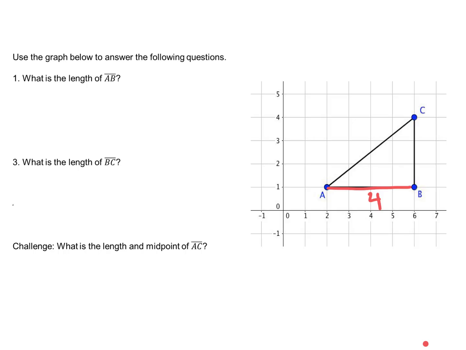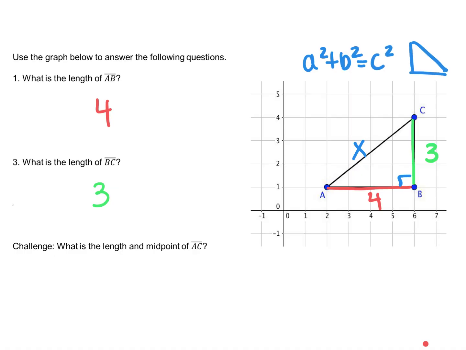So the length of AB is 4 segments, or 4 units, and the length of BC is 3 boxes with a scale of 1, so my length of BC is 3. Now, if I want to find this missing side, what I know is this is a right triangle. So I could use Pythagorean theorem, which states that a squared plus b squared equals c squared, given that if I have a right triangle, c is the side across from the right angle, and those two sides are a